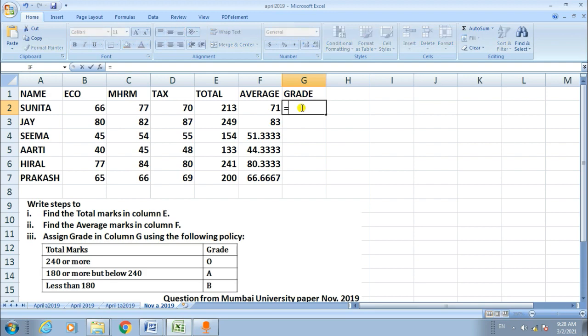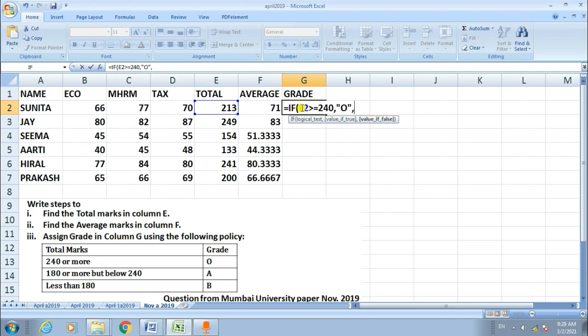Therefore, select cell G2 and type the formula: equal to IF, round bracket open, the total mark is in column E. Therefore IF E2 is greater than or equal to 240, then comma, open inverted commas O and close inverted commas, comma. This first condition is over for O grade.